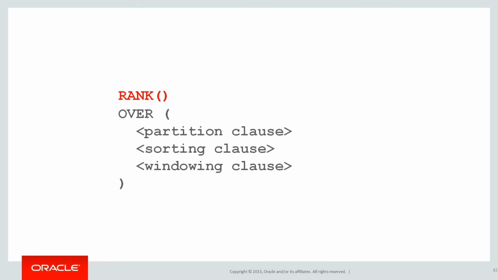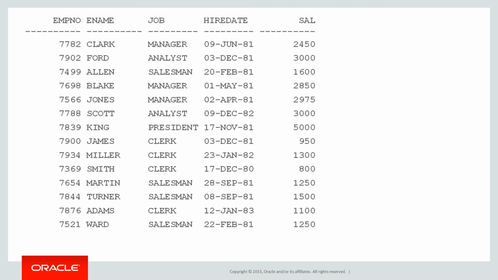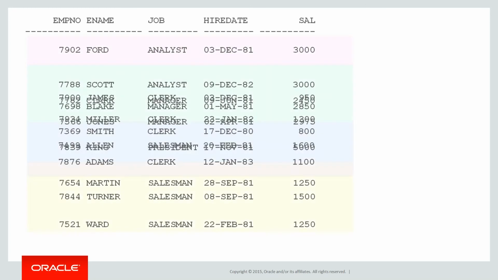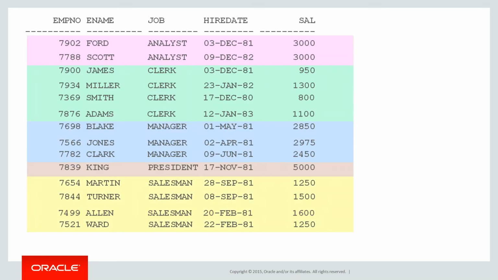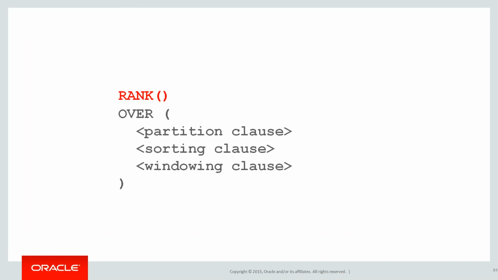Now let's look at these clauses individually. Partitioning is, do I want to segment the data in any way? And hopefully that animation will flow through over the interweb. So partitioning is, what if I wanted to group the data, say, by job? So I can see I partition the data up into color-coded chunks. In our case, we were doing a ranking across the whole table, so we didn't need any of that. So we didn't need a partitioning clause.